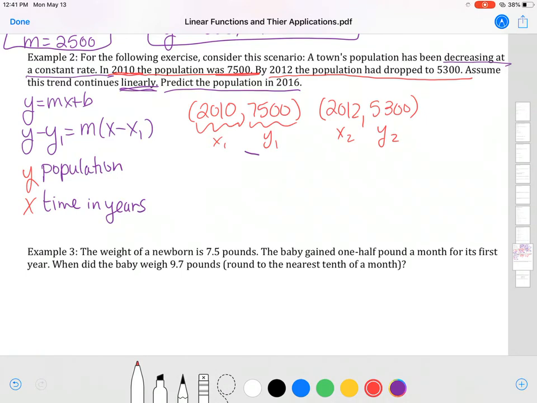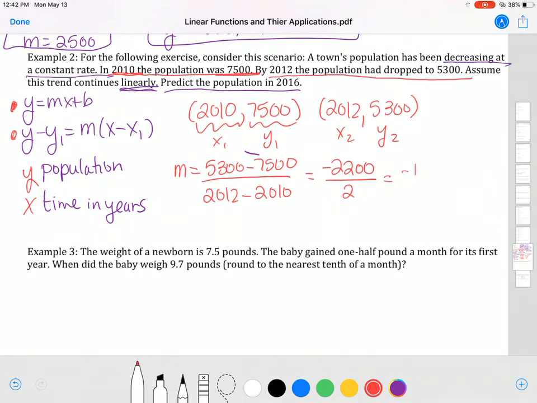Now, in order to use one of these two equations, I need to first find the slope. So I'm going to find the slope by taking my y2 minus my y1 over my x2 minus my x1. When I take 5,300 minus 7,500, that's going to give me negative 2,200. And when I take 2012 minus 2010, that's going to give me 2. When I reduce that, that gives me